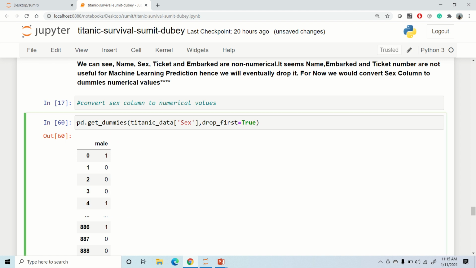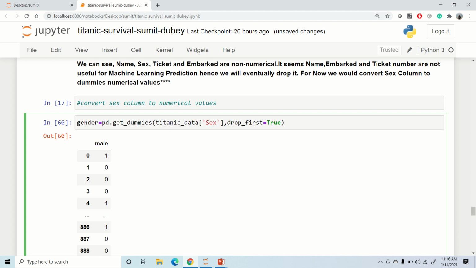And what we'll do is add this particular column to our data frame, and we'll drop this sex column. The sex column is non-numerical, so it would be dropped, and this column, which is now a dummy categorical value, would be included in our data set. Let me just call this gender.